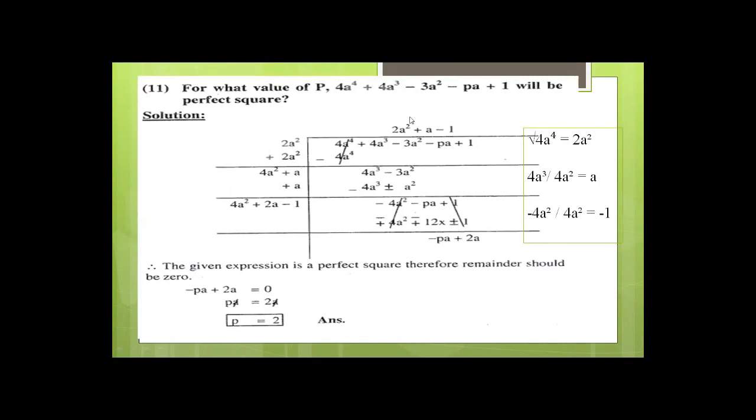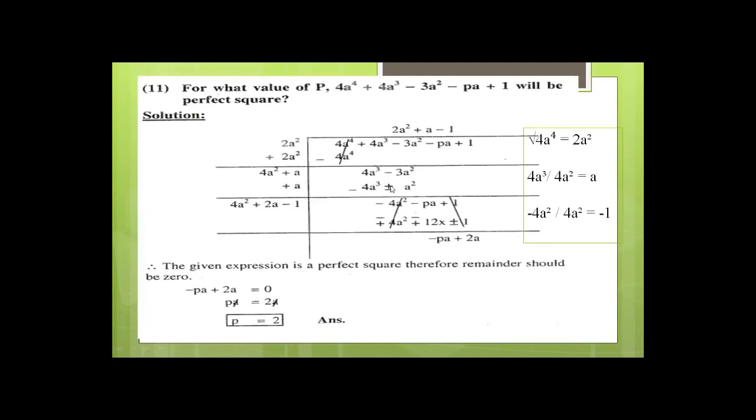So we write this 2a square 3 times. Here you add 2a square with 2a square, you will get 4a square. And here when you subtract 2 into 2, 4a4, plus minus will cancel each other. Now write two terms together, that is 4a cube minus 3a square. So here the first term is 4a cube and here the first term is 4a square. So divide 4a cube with 4a square, you will get only a. So write this a 3 times. When you multiply a with 4a square, you will get 4a cube, and you multiply a with a, you will get a square. So plus minus 4 plus minus cancel each other.